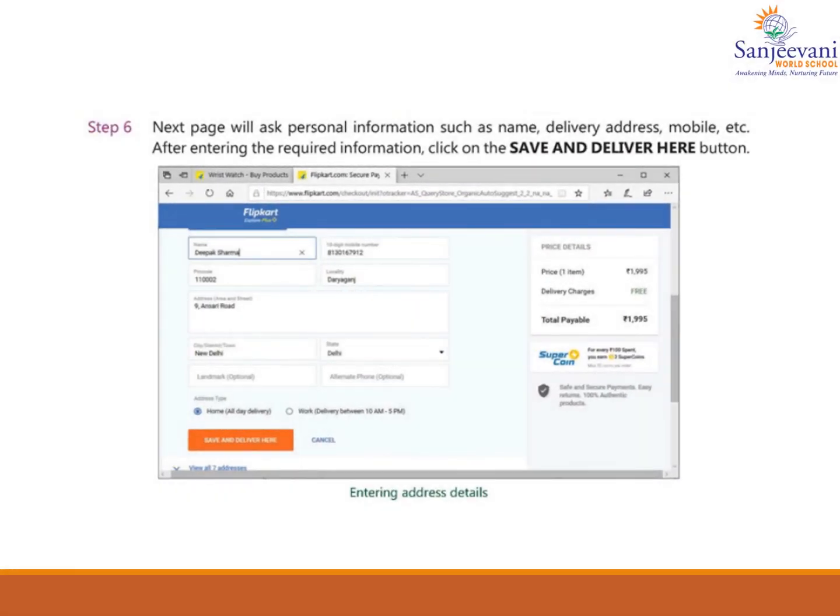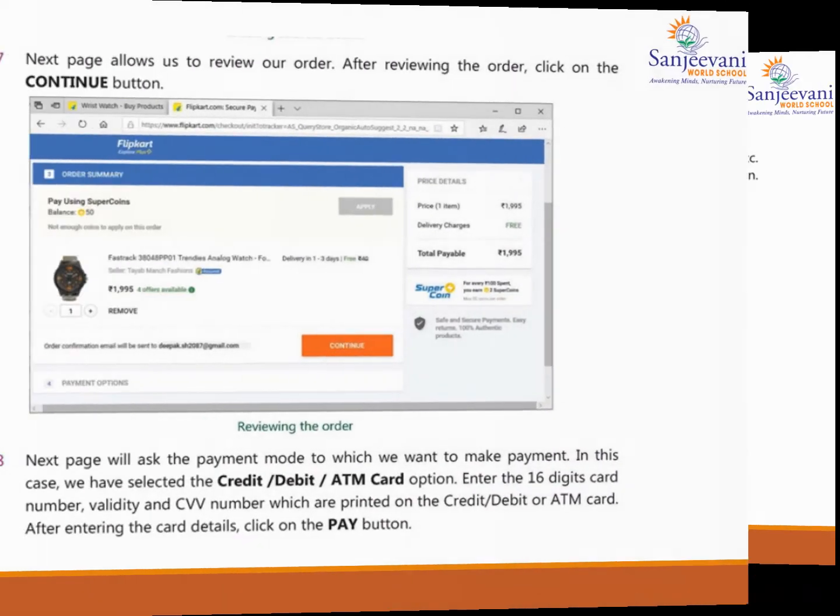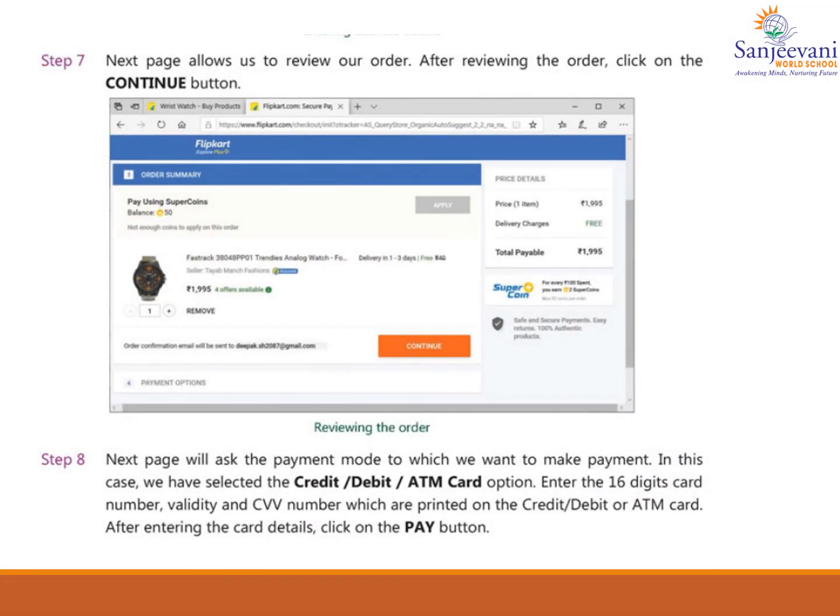Step 6. Next page will ask personal information such as name, delivery address, mobile, etc. After entering the required information, click on Save and Deliver Here button. Next page allows us to view our order. After reviewing the order, click on Continue button. In step 8,